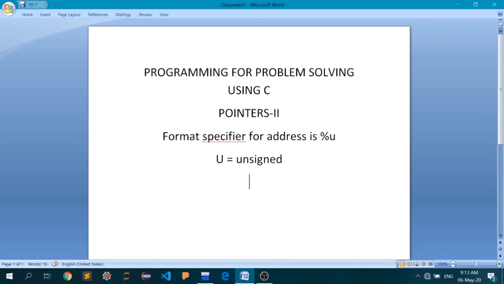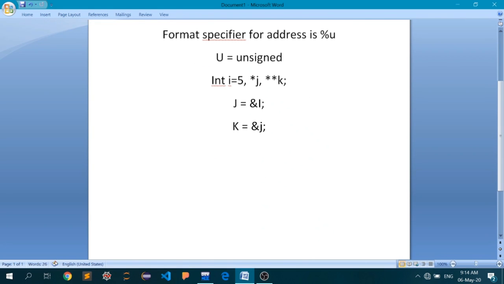So we can initialize, like in the last example, where we initialized i equal to the value 5, and I initialized a pointer variable j. And now let me initialize something more called **k. If I write it so, j must contain the address of i, and k must contain the address of j. So what is actually happening here is,